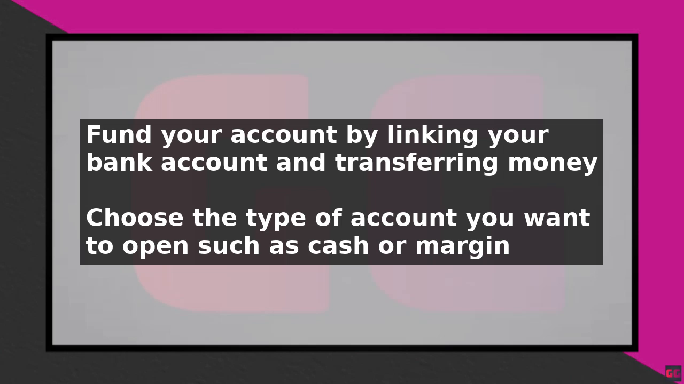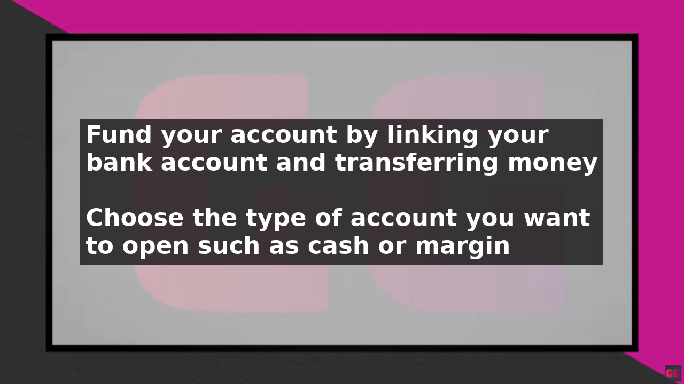To place a trade, navigate to the Trade section of the app and search for the stock or other security you want to buy or sell. Enter the number of shares you want to trade and confirm the transaction. You can also set a limit order, which allows you to specify the price at which you want to buy